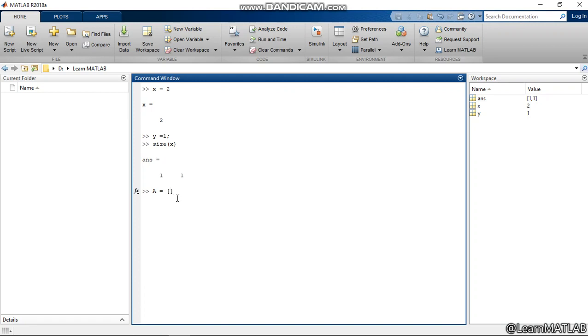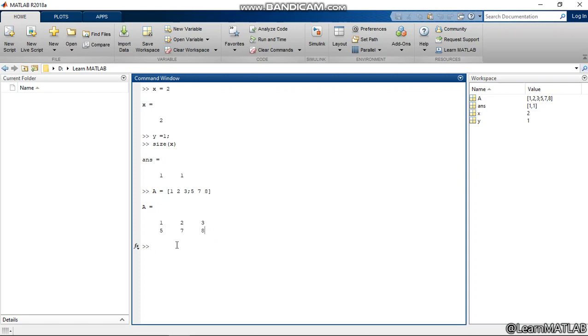Suppose we have 1 2 3, these are the values of my first row. If I want row 2, I will press semicolon and start writing the contents of the second row, which is 5 6 7, with spaces. In this way my variable A is created. As you can see, whatever I have written here is reflected in the command window.